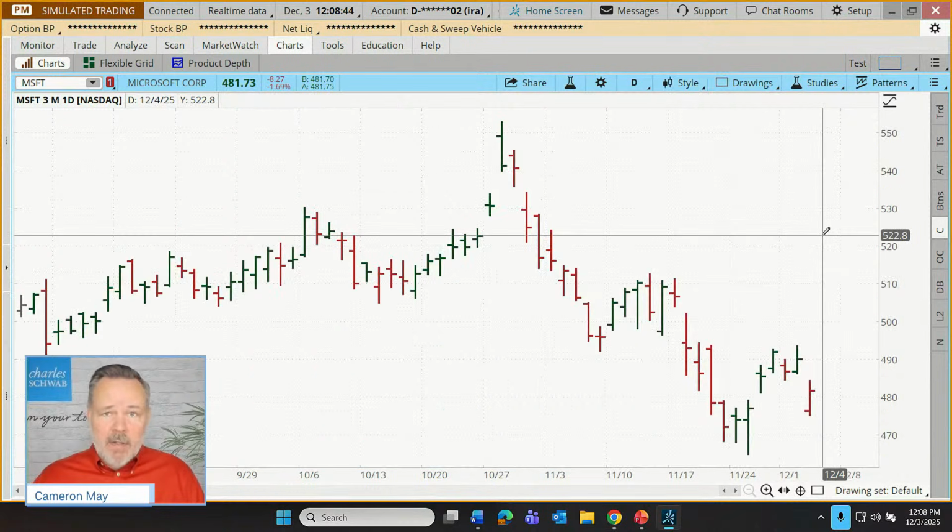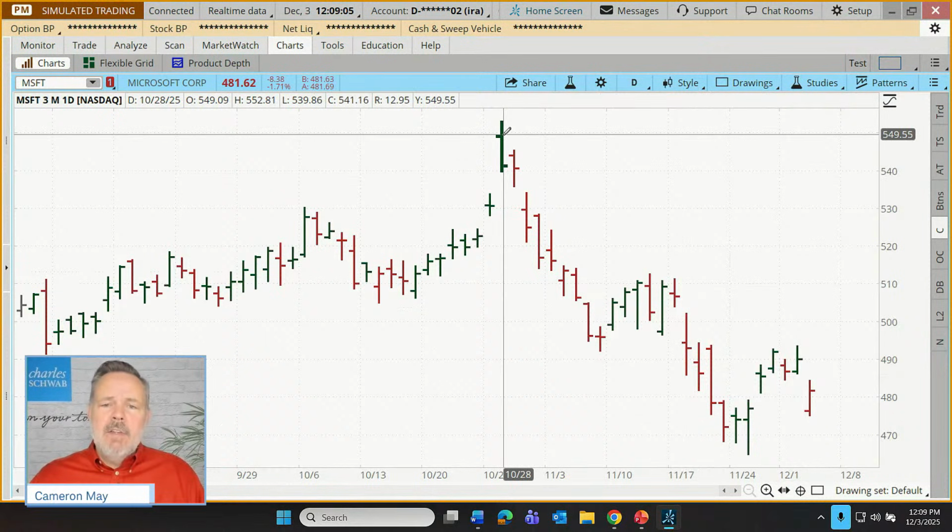This is very different from the first two. It's not just a line connecting the close to the close to the close, but we're adding 3 more points of data for every single trading session on a daily chart, or let's say 3 more points of data on an hourly or even a minute by minute chart. And that is, in addition to the open, we also see the high, the low, and in addition to the close, we also see the open, the high, and the low on a bar chart.